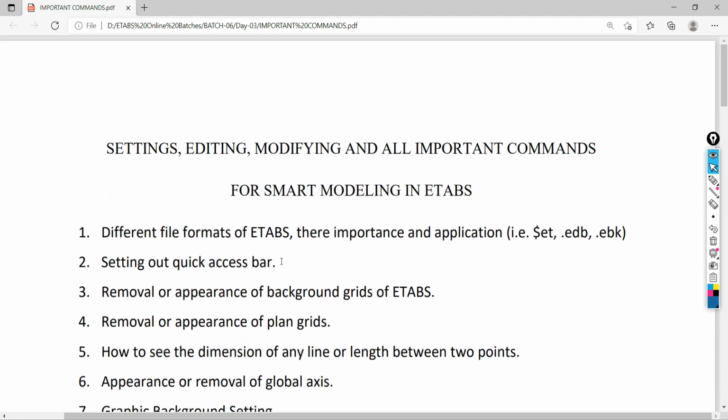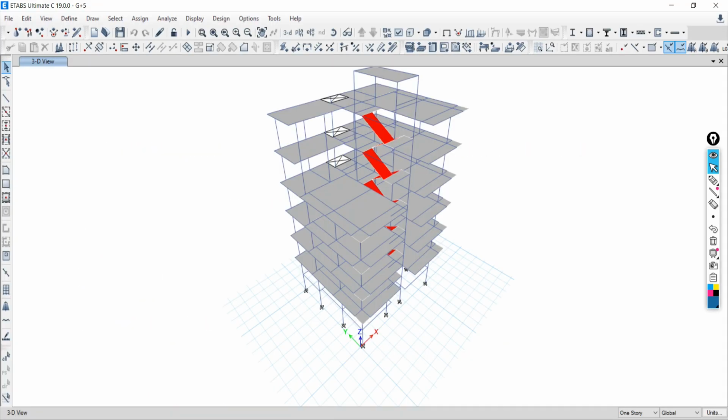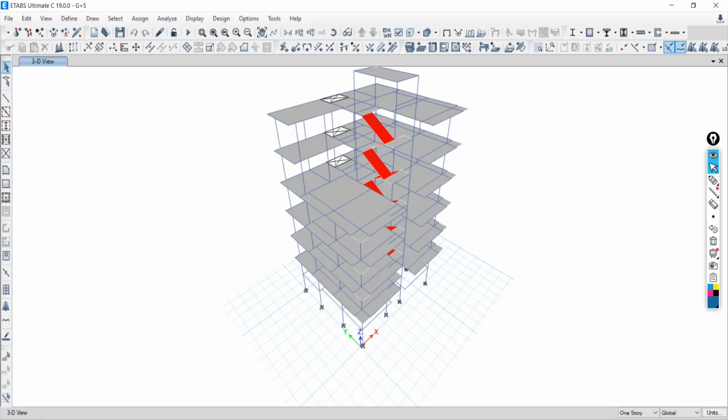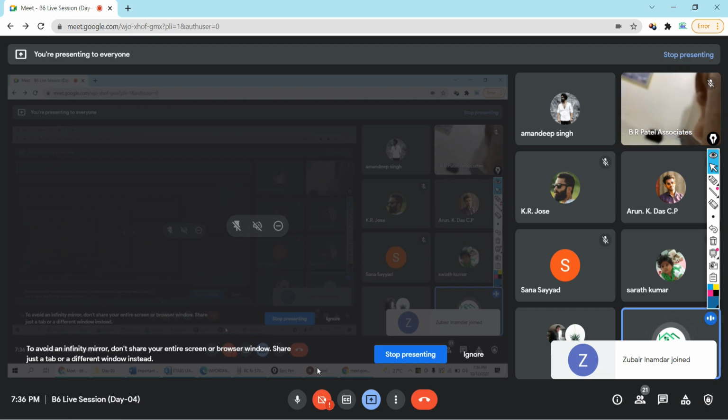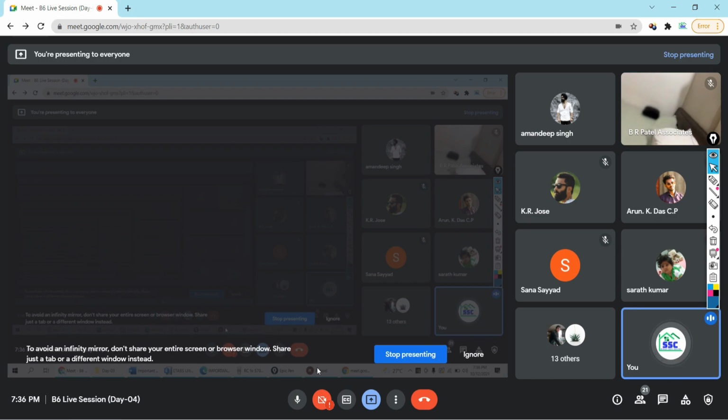So come to the first point: different file formats of the ETAP software, their importance and application. What does it mean? Different types of file format. At the time of the introduction of the ETAP software, I told you there are different versions of the ETAP software. If you look into the market and at the consultants, what different versions are they using?